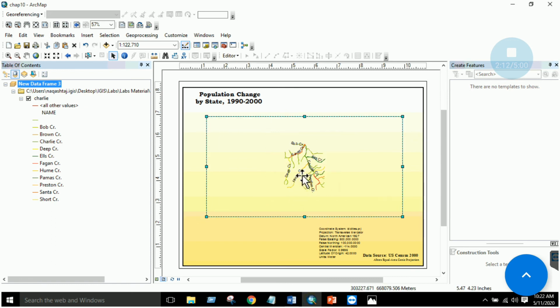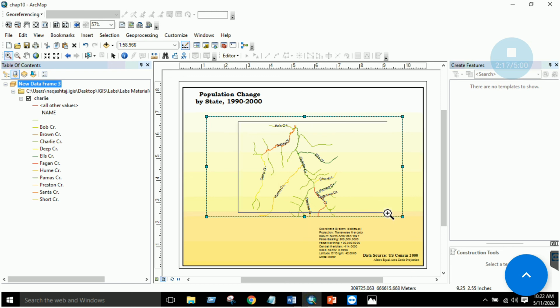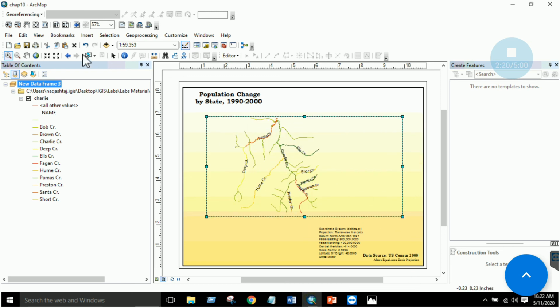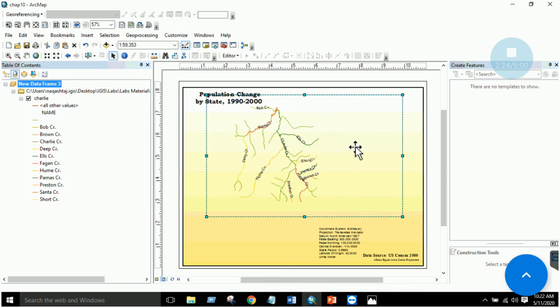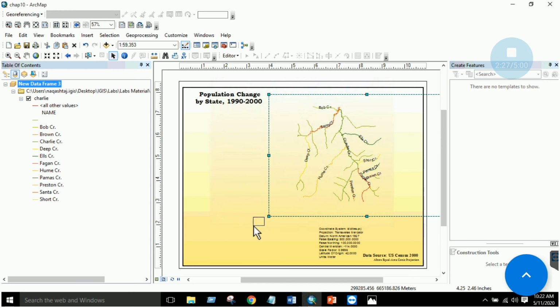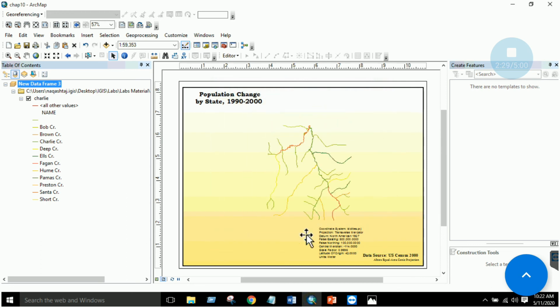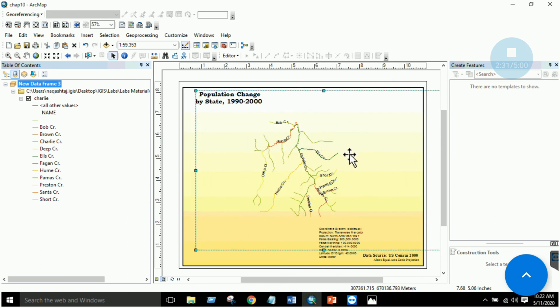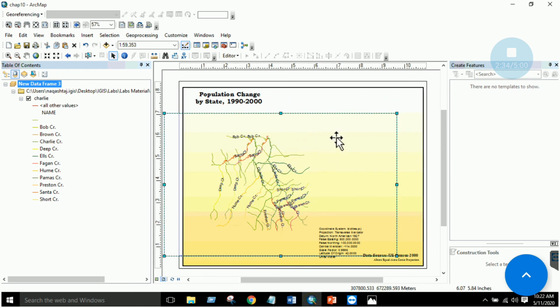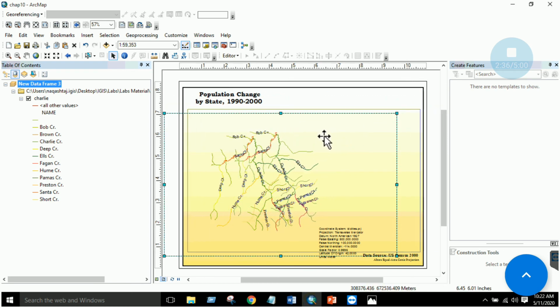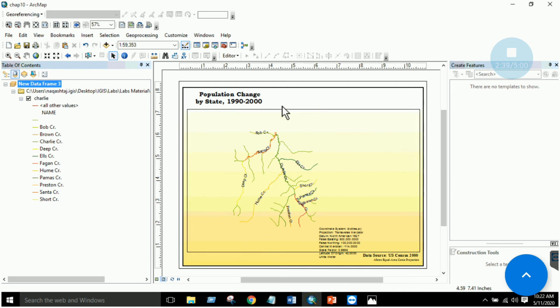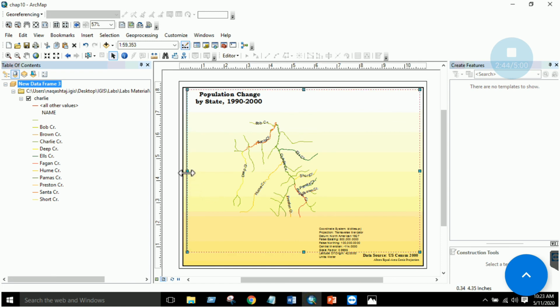So you have to adjust it, zoom it so that it covers the actual area. You also have to alter the width of the window so that it looks good.